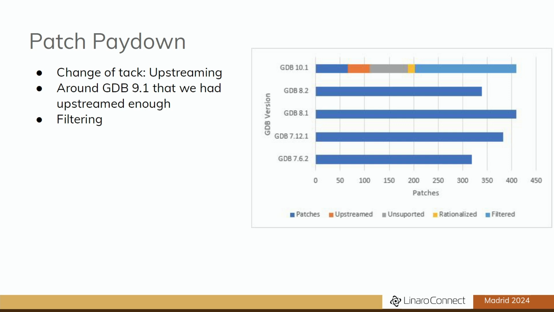And what you see in that top bar is a representation of where our patches went relative to our high point. So in orange, the patches we actually upstreamed, so it's about 30 or 40 in total. But what this allowed us to do around the GDB 9.1 era is that for the first time, we could actually run a stock GDB within Forge. And this was important because it meant we could run our test suite on a stock GDB